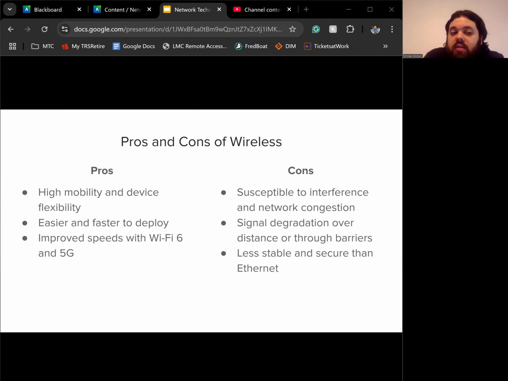So some pros and cons of wireless. We do need to talk about those as well. Wireless networking, it's great offhand. You can move around with it. It's easy to just connect to Wi-Fi or cellular, especially with the advances in Wi-Fi 6 and 5G wireless